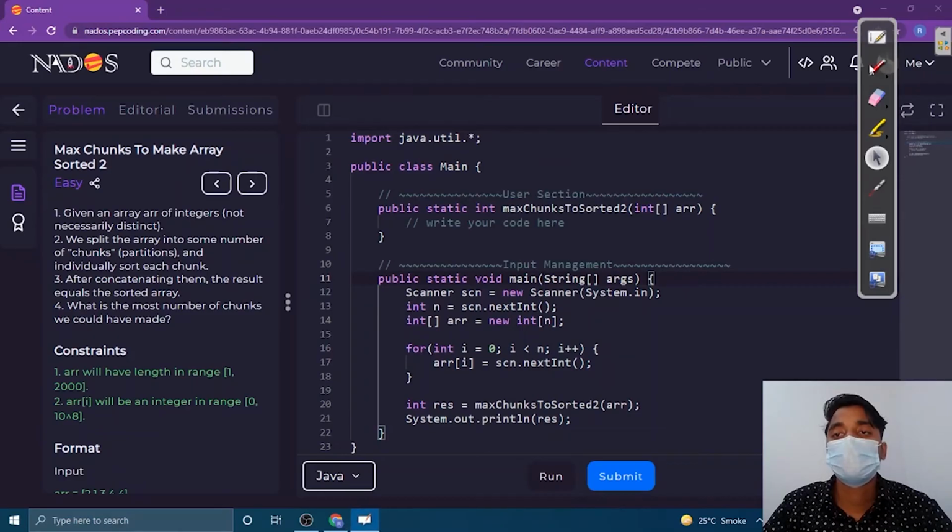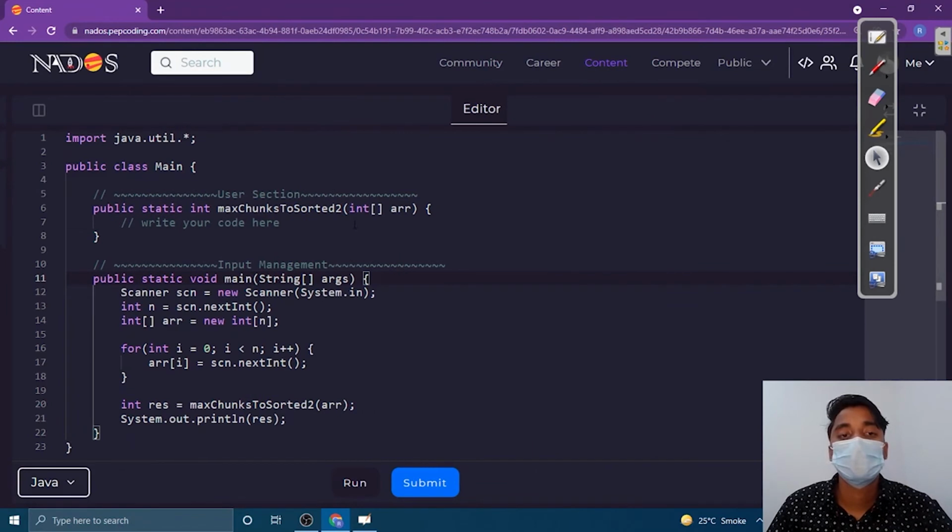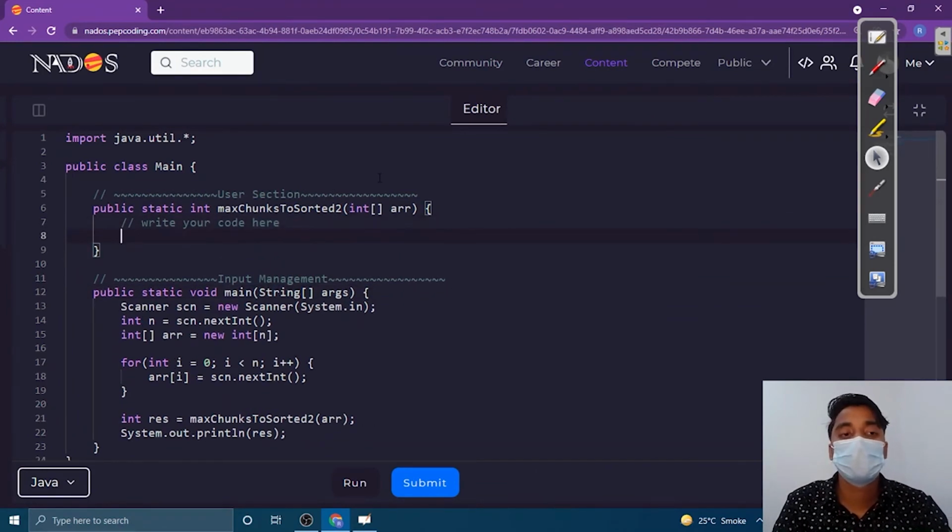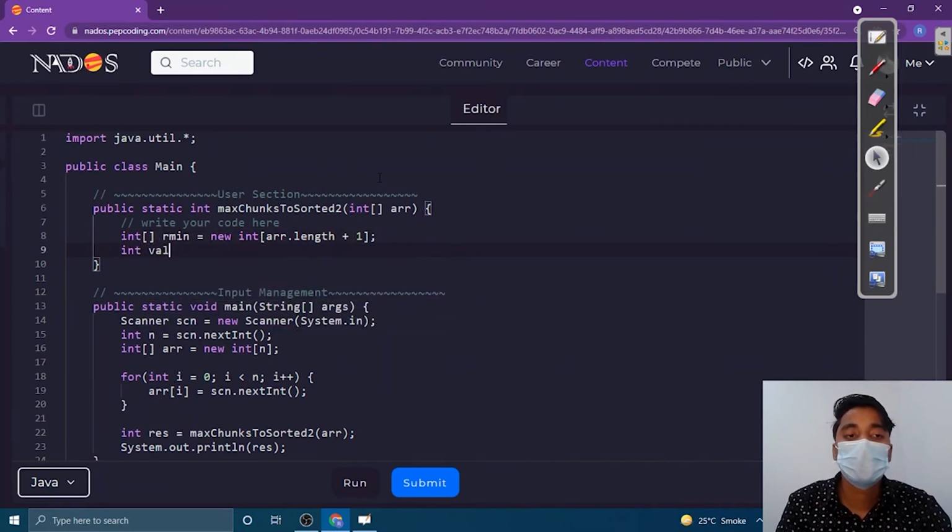Now let's do the code. First we need rmin having size array dot length plus 1. Now a value, I'm going to use an int. This is a max value.